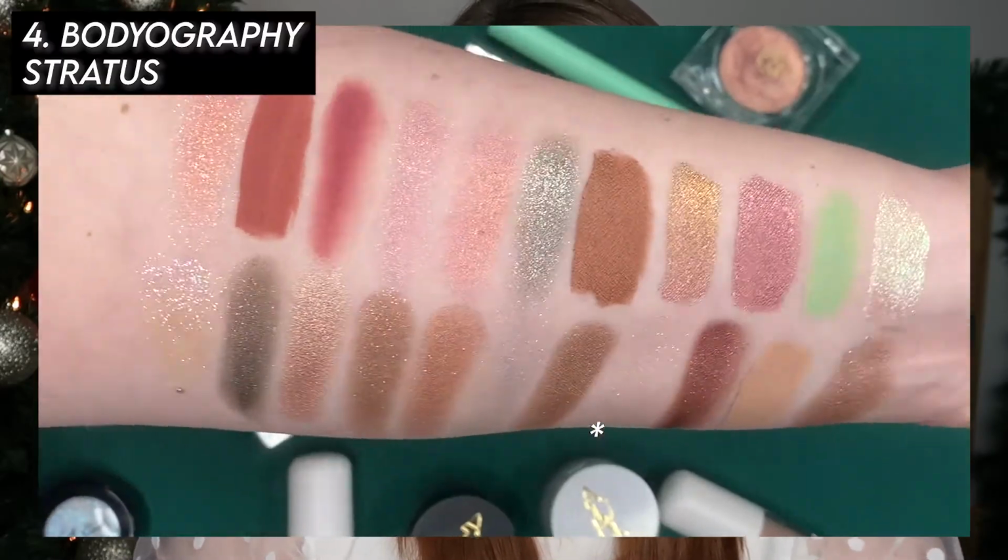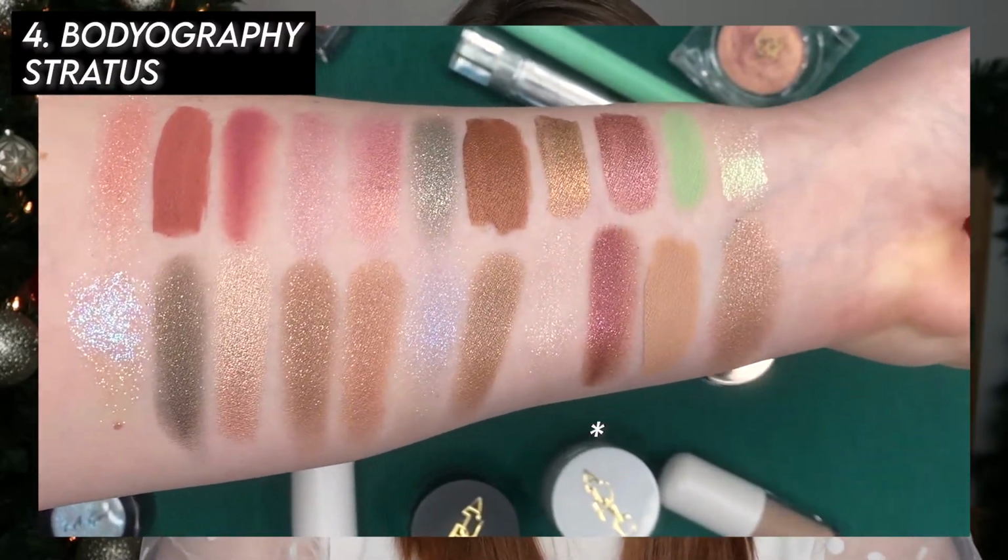Number 4 is Bodyography's glitter pigment in the shade Stratus. Now, when I did my review and my wear on this, I feel like I didn't treat this one as special because it wasn't as unique, except that this one could go the same route as the Moonrise, perfect for every inner corner of my life. This could be perfect to add as a glitter topper onto anything. Again, this is the shade Stratus, so I could use this with any look that I ever create just to